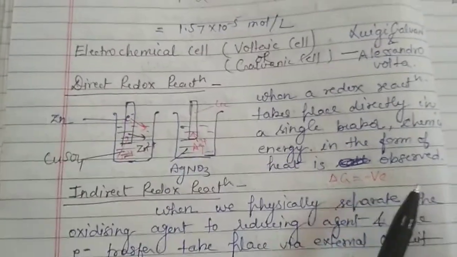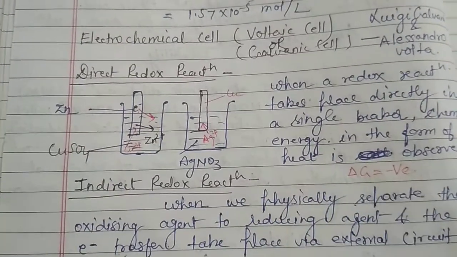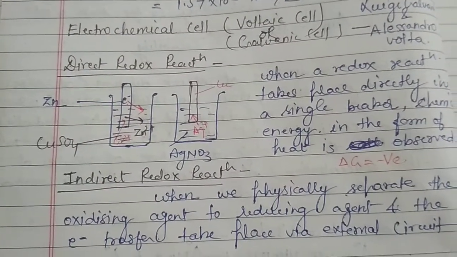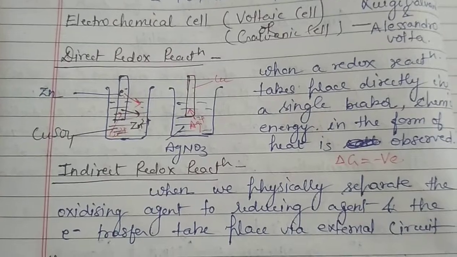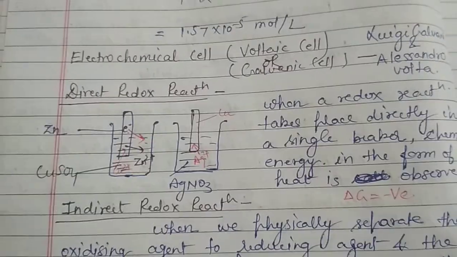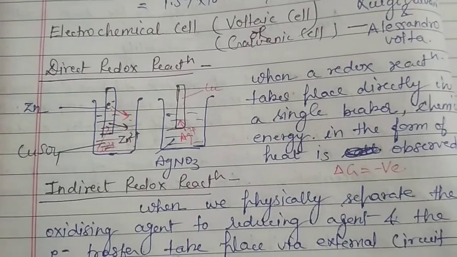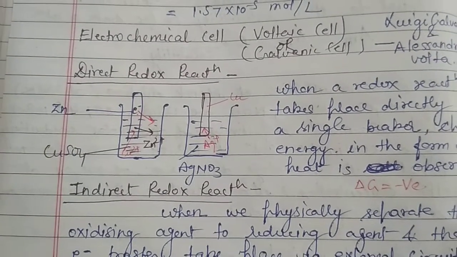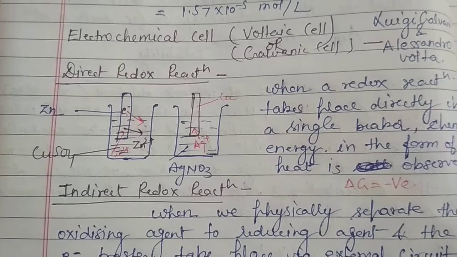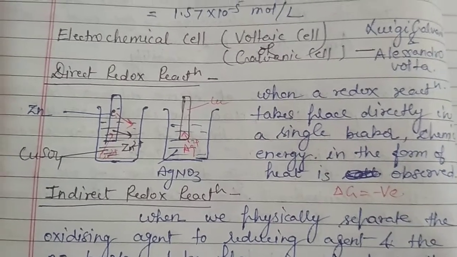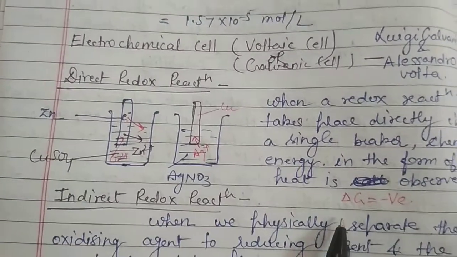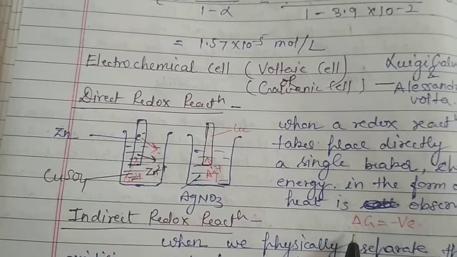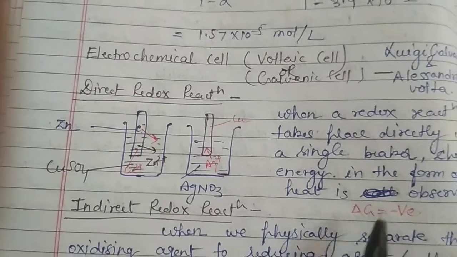It is very simple. Now let's move to the next topic, that is the electrochemical cell or the voltaic or galvanic cell. In the starting of the chapter of electrochemistry, I have told you that there are two types of cells, electrolytic cells and the electrochemical cells. These are the voltaic and the galvanic cell. The electrolytic cell we have discussed. The concentration cell we will discuss later on.